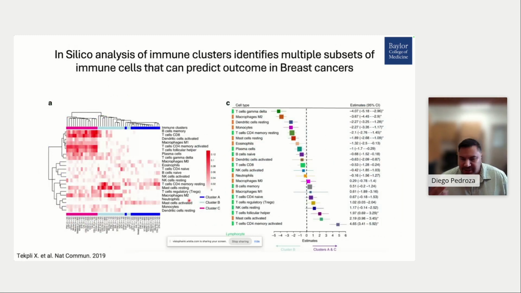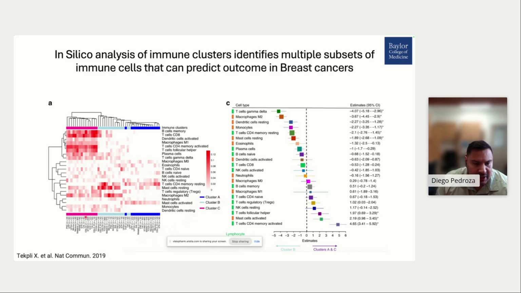Then we went looking for other things in the literature, because we were very intrigued by these macrophages that were being observed about 5 years ago. We came across this manuscript published in Nature Communications several years back, where they looked at several in silico based analyses, some that we all use like METABRIC and TCGA, and you can see that they were able to cluster these.